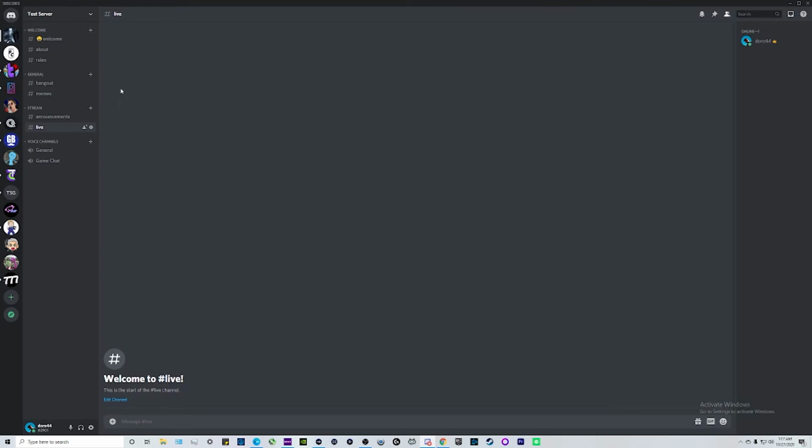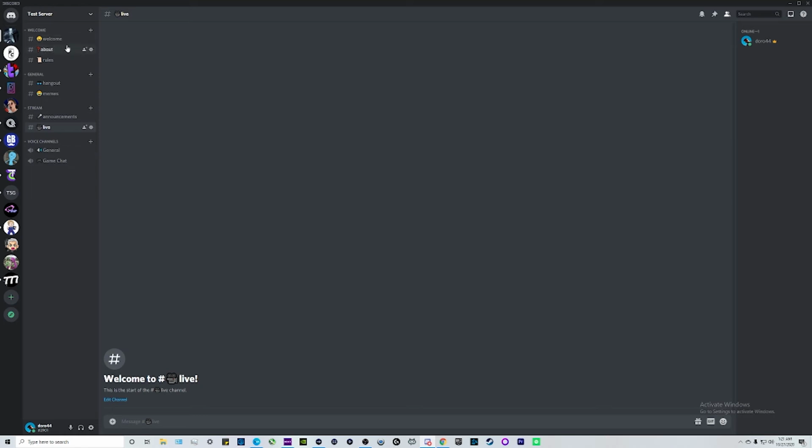Now I'm going to cut ahead and show you what this looks like before, right here, without any emojis, and then after with all the emojis set, and then you can just tell the difference. It's going to look better in my opinion, but again, to each their own. All right, and so that's what your Discord looks like with emojis next to the channel names.